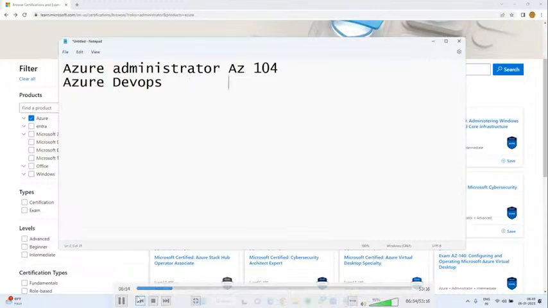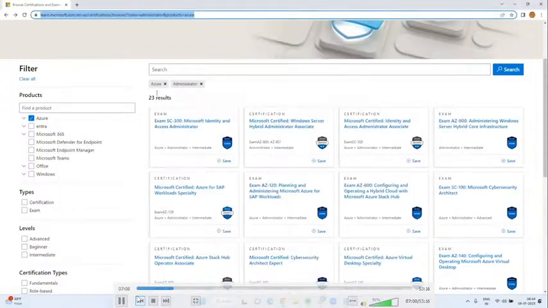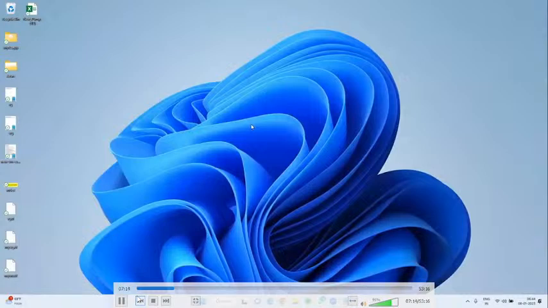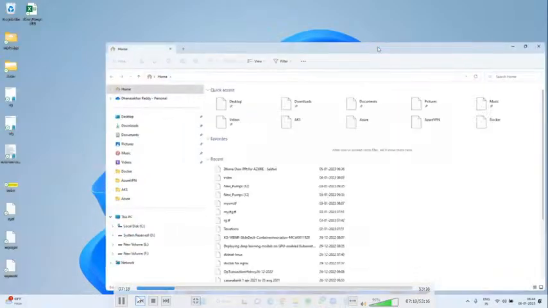The combination of these two is very popular in the market. I am giving AZ-400 DevOps and AZ-104. Have a look. I'm going to present one PPT where I have included all modules and submodules. Let's see, I will open it.